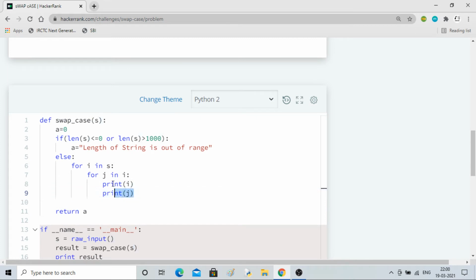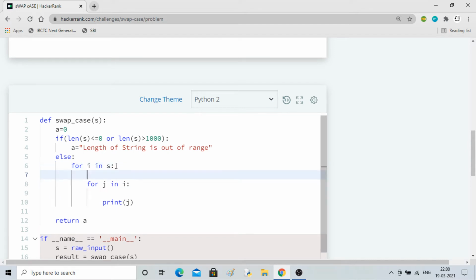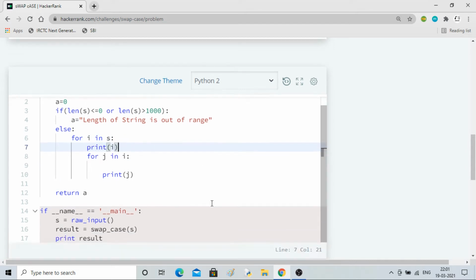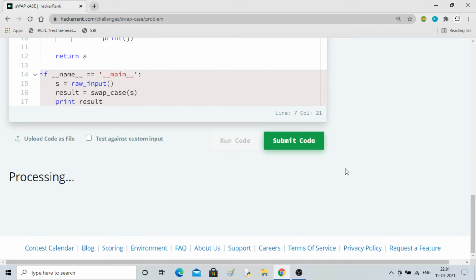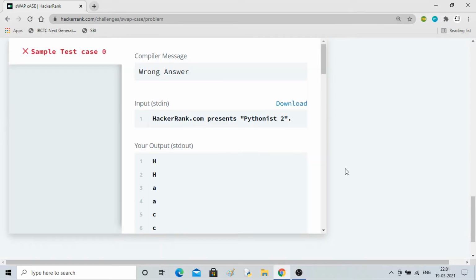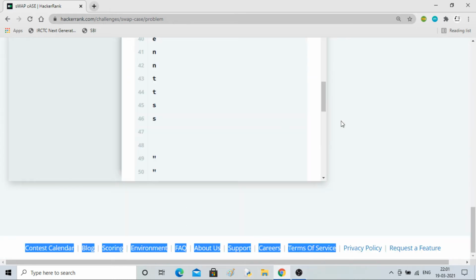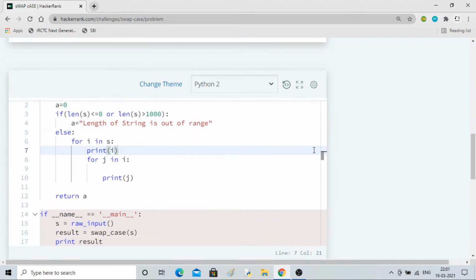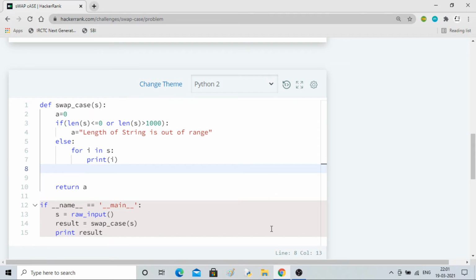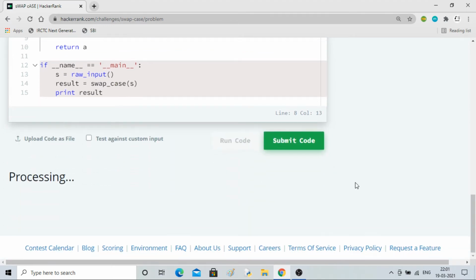So what I'll do here is I'll print j and I'll print I inside this. Okay, so you can see all the elements. No, it's better to show you like this. I think this is not a good way to show you. So I'll remove this for loop and I'll just print I, so that you will see each element.